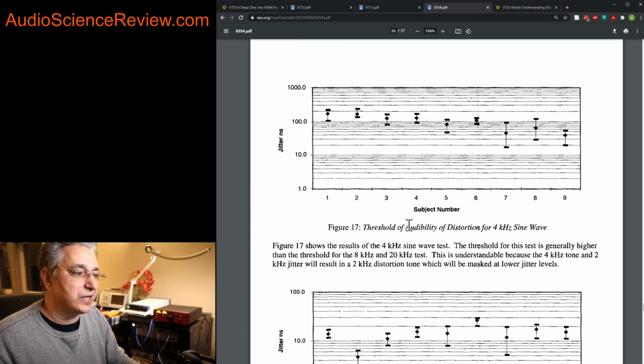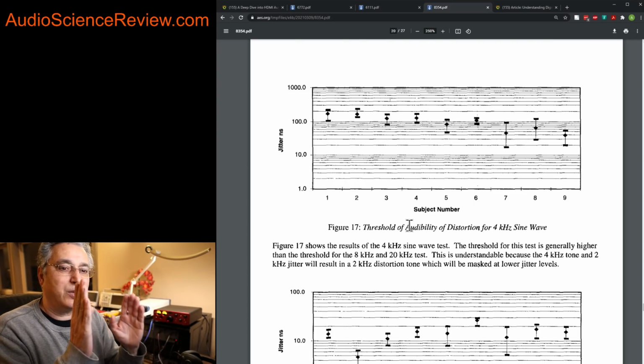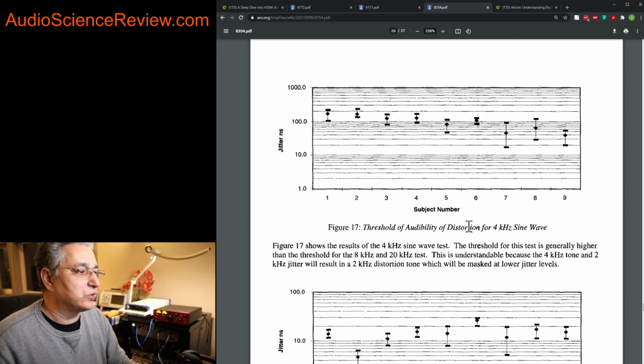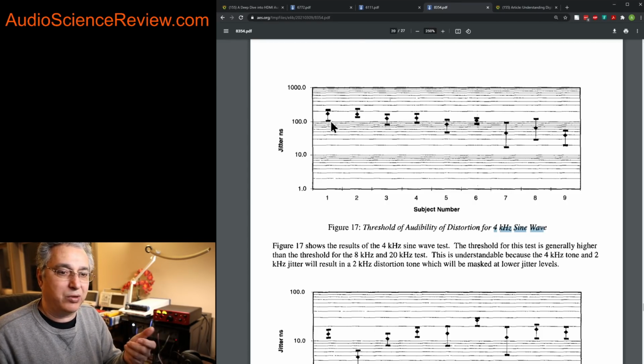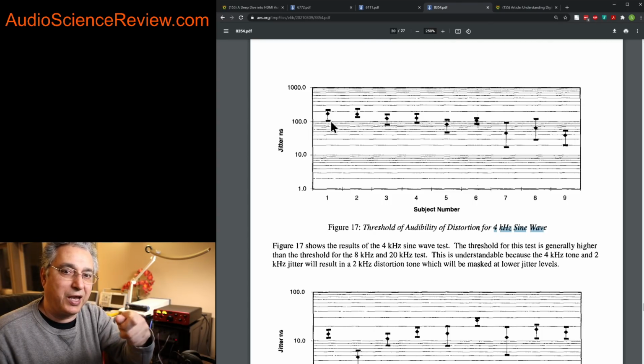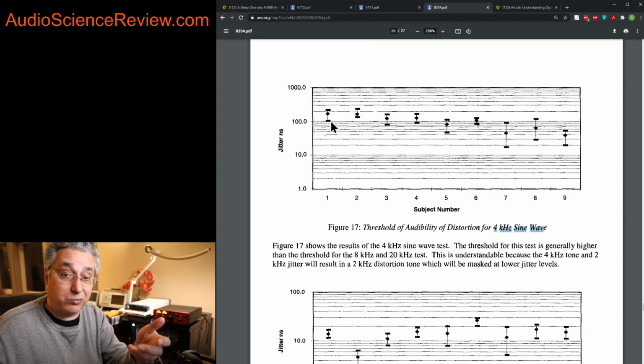So they first tested what would happen if you just had a pure sine wave playing, and then you had another sine wave that was jitter, and they tried to add jitter to that. In this case, they have a 4 kilohertz signal, and they're looking at the jitter amount that was the threshold. Now, this is not a blind test. The listener literally had a knob where they could turn the jitter up and down, and where they thought they could hear it, they said, I heard it,